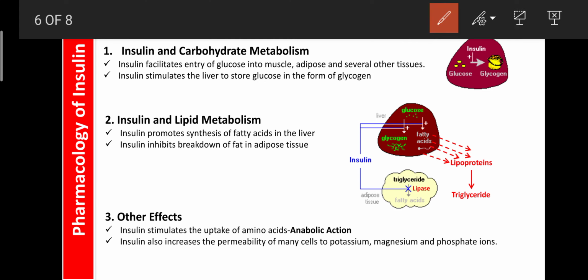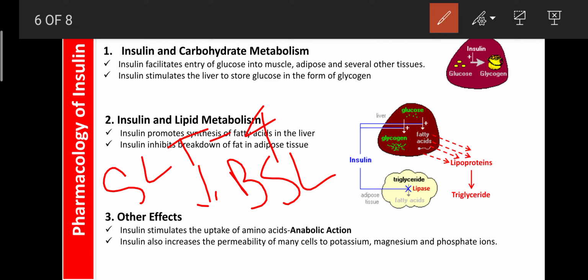Insulin plays an important role in carbohydrate metabolism. Here the insulin always decreases the blood sugar level by acting on the muscle cells, adipose cells and other tissues. It binds on the insulin receptor and enhances the opening of the GLUT4 receptors. This is another glucose transporter channel, present in the cells of the muscles, liver, adipose and other tissues. So when insulin binds on the insulin receptor, it activates the GLUT4 channels.